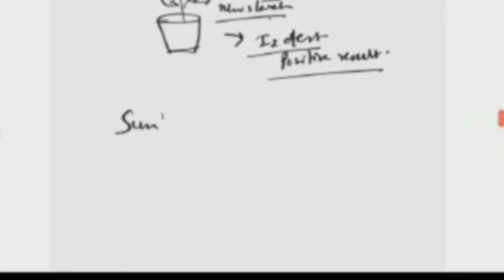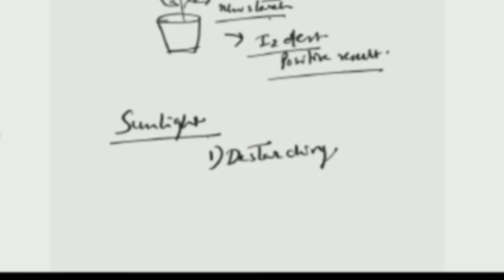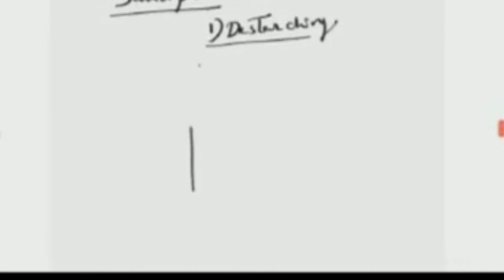Okay, so the next activity is that sunlight is essential for photosynthesis. Here in this activity there is a bit of a difference: before discharging you have to select a particular leaf in the plant that should be covered with black paper, so that no sunlight will fall on this particular part of the leaf and no photosynthesis will take place in this part.